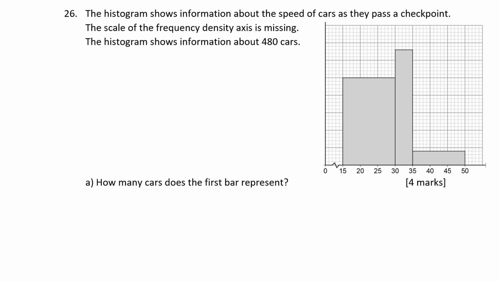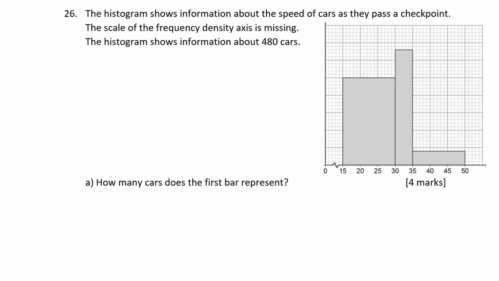The scale on the frequency density axis is missing. Yes, it is. The histogram shows information for about 480 cars. First off, we need to know how many cars the first bar represents. Okay, so we know altogether this histogram represents